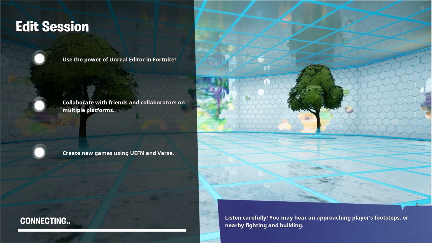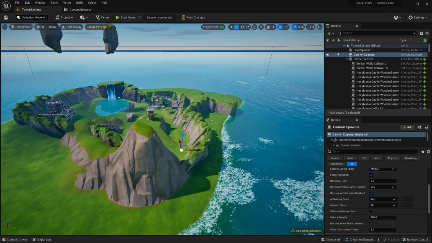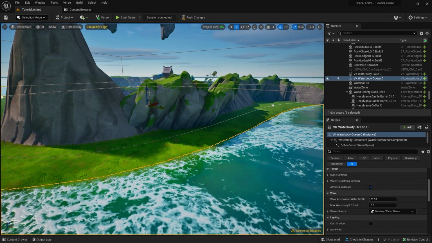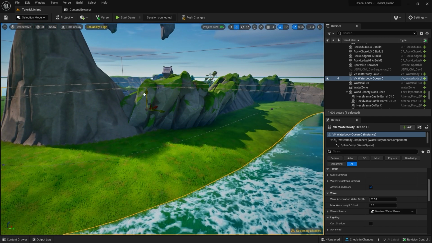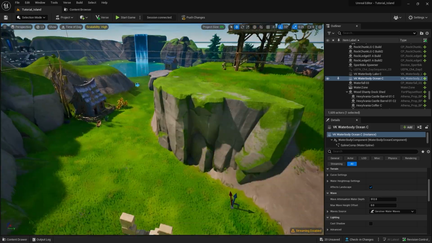So we can go to edit mode. You see that my landscape is here. So I will just go to the ocean and just drag it down a little bit like that. There you go. That's all I need. So now my ocean